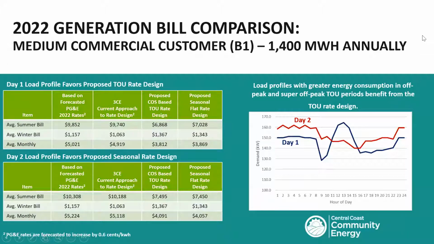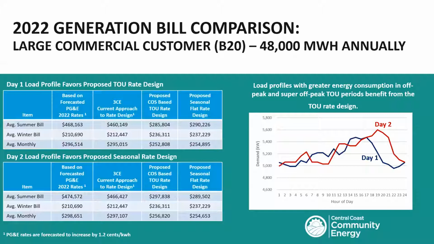So as I mentioned, that was with the 1.2 cent adder, because, again, the credit is going away. Here we're looking at a smaller impact relative to that increase of 0.6 cents, with a similar type of analysis, where again we're looking at the same load profiles, day 1 and day 2. So it just depends, again, on how you use energy and how that's going to impact your bill. Next slide, please.